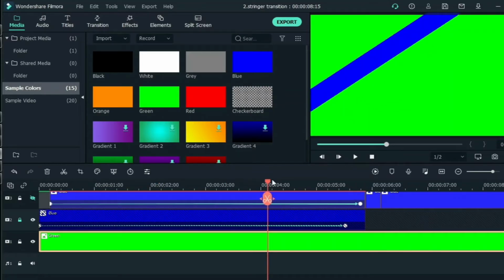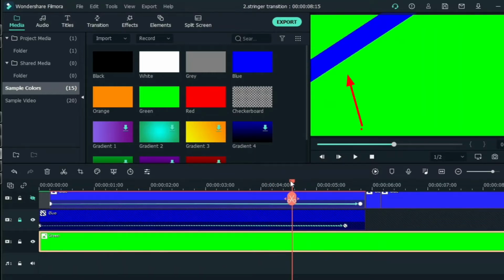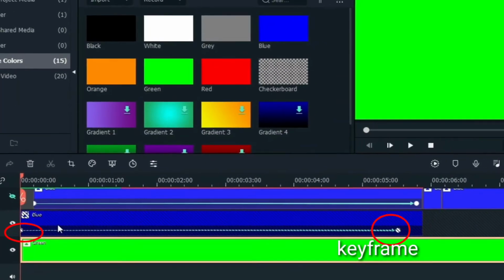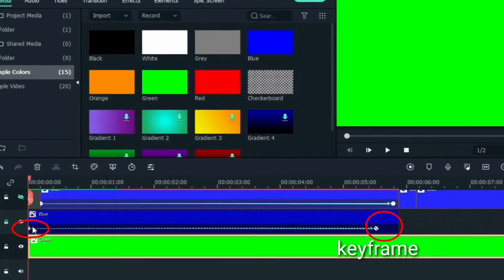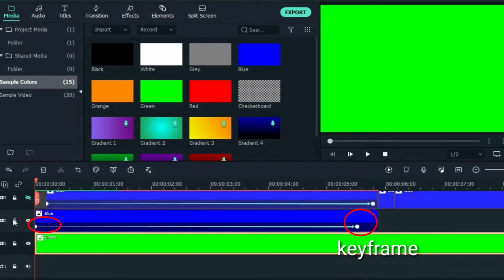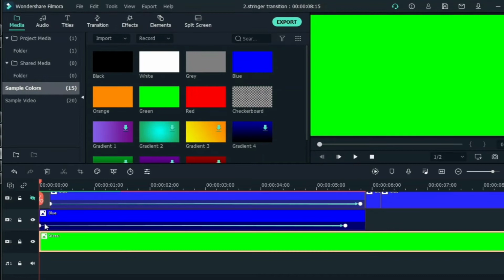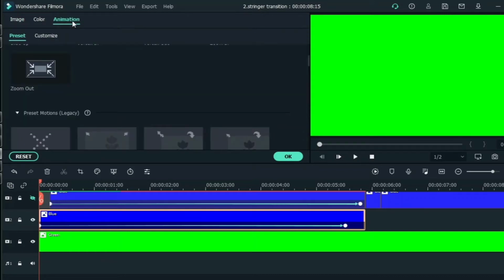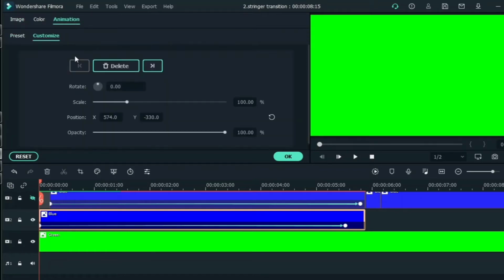So you can see this blue element moving across the screen from bottom right to upper left in a diagonal manner. So this is done by a keyframe. You can see a small arrow here on this timeline. So it is a keyframe here. So basically I will tell you how to put this keyframe. So you can move that arrow across the screen here. So in this section I will tell you how to add this keyframe.